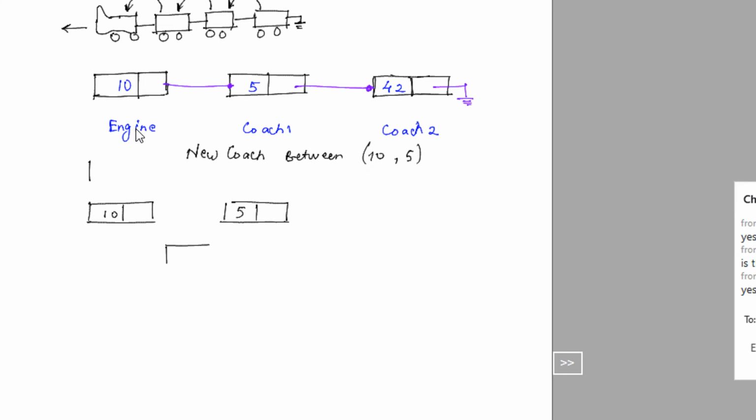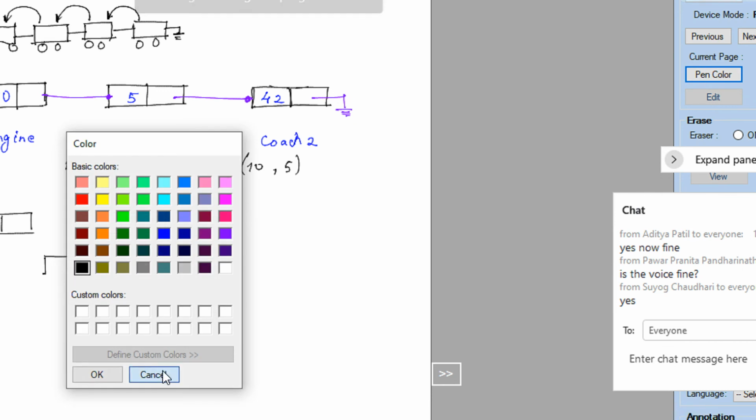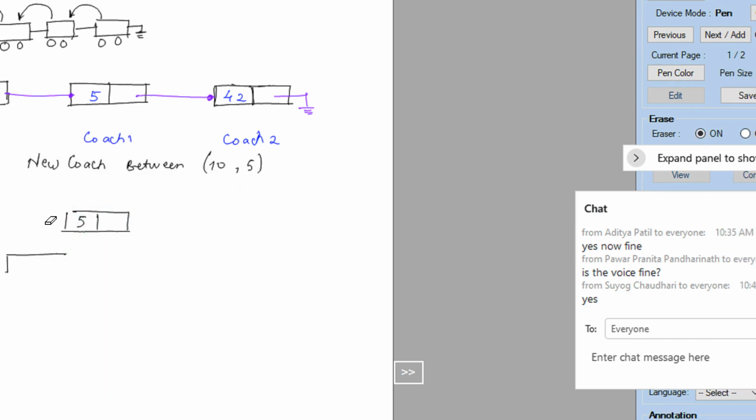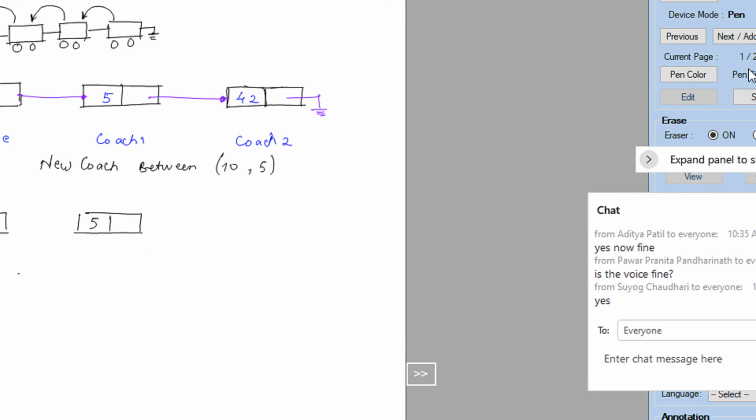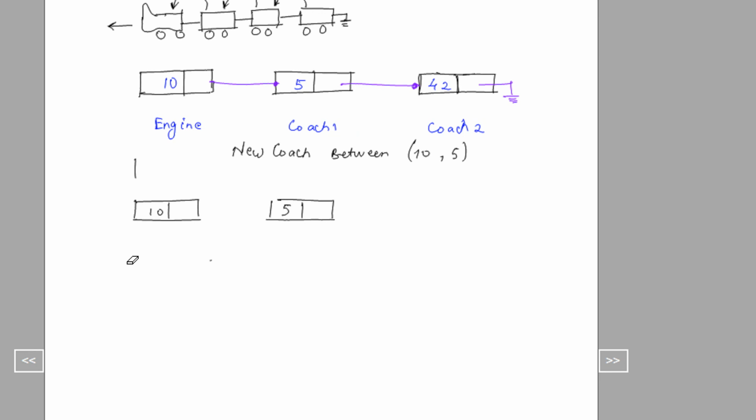So I have a new element here. Let me change the pen color. So this is my new coach, which is 3.